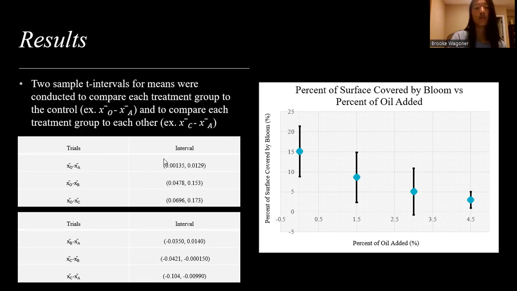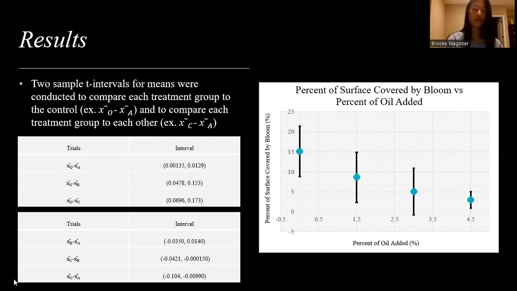as you can see on the top table on the left, comparing each group to the control, since 0 was not found in any of these intervals, it was found that there is a significant difference between the samples containing oil and not containing oil. And